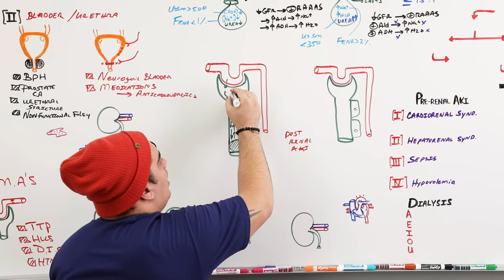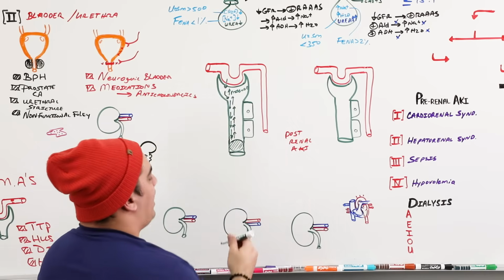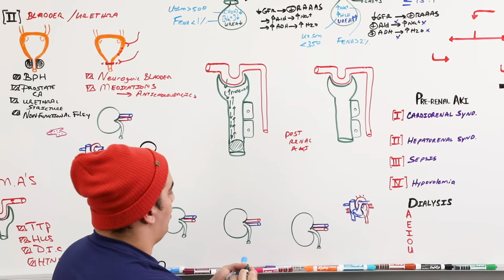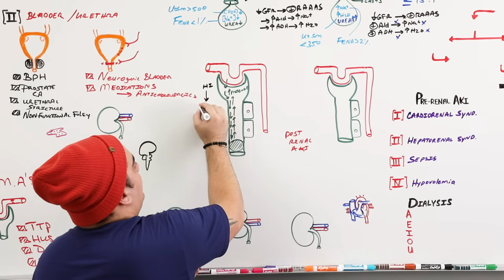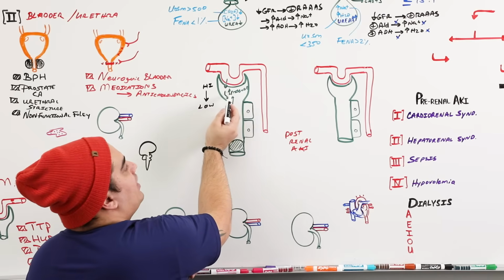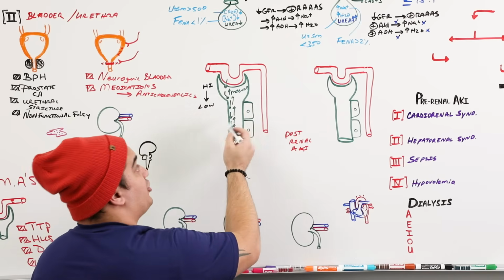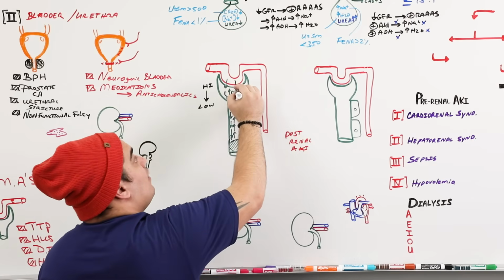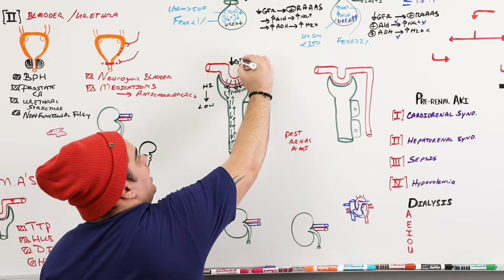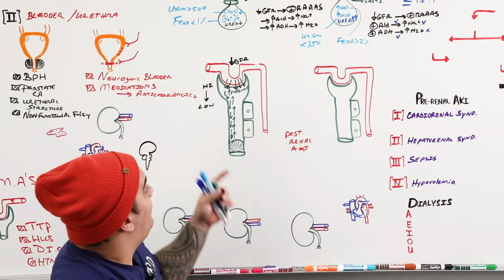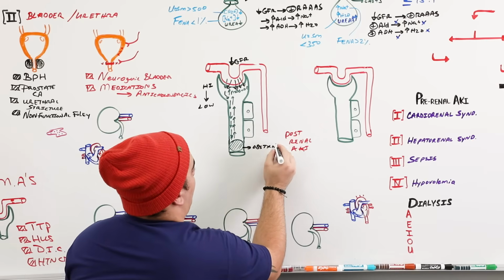And so again, if we cause the pressure in the capsule to rise, what would happen to the glomerular filtration rate as a result? It's very simple, right? You obviously want things to move from areas of high pressure to areas of low pressure. But whenever the capsular hydrostatic pressure is high, it's going to lower the net filtration pressure and therefore the glomerular filtration rate. And so you have less filtration occurring. So we have a low GFR, right? And that's going to be the result of this certain type of obstruction, okay?